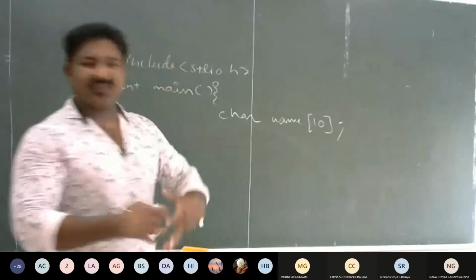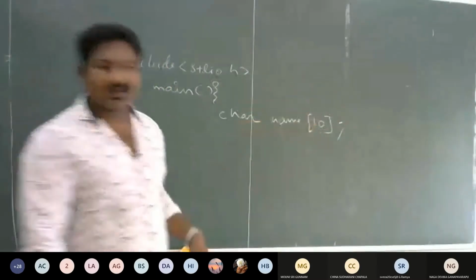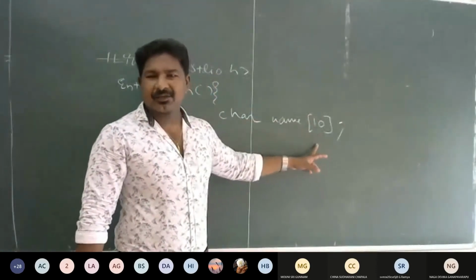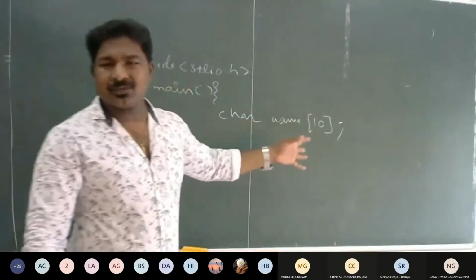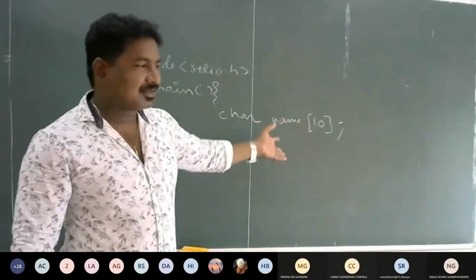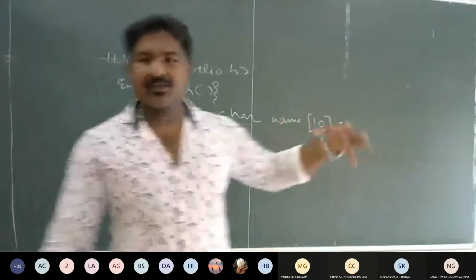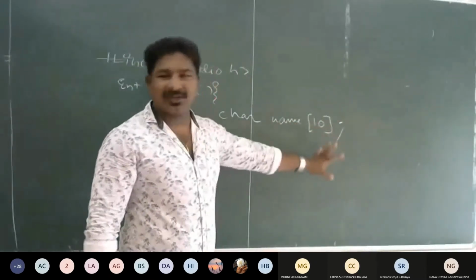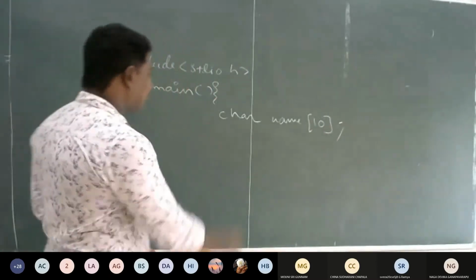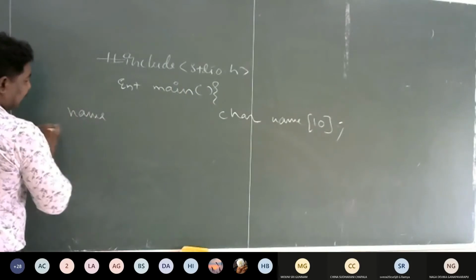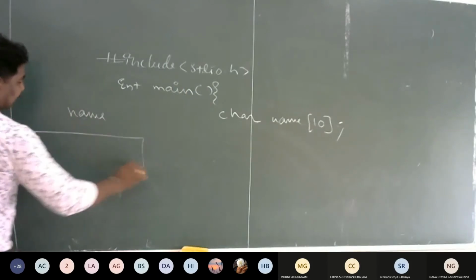If I want to use Sri Vishnu Engineering College for Women and all that, in that case I will take the size as 40 or 50. There is liberty to take whatever value you want; the size can be of any size. Since I want to give a string which contains less than 10 characters, I choose the value 10, right? So this means you have created an array called name over here, and with how many characters?